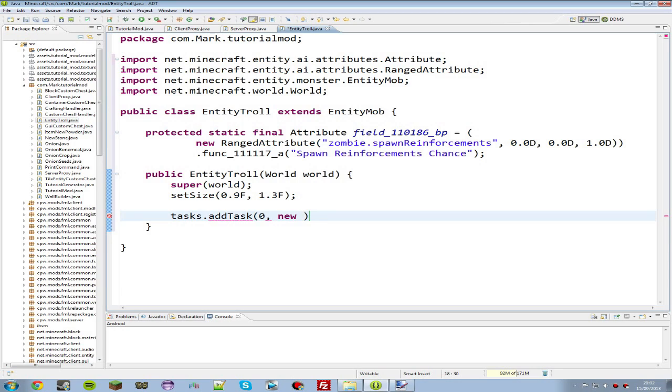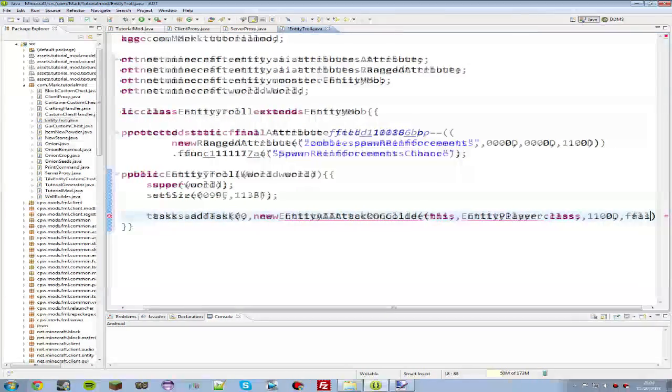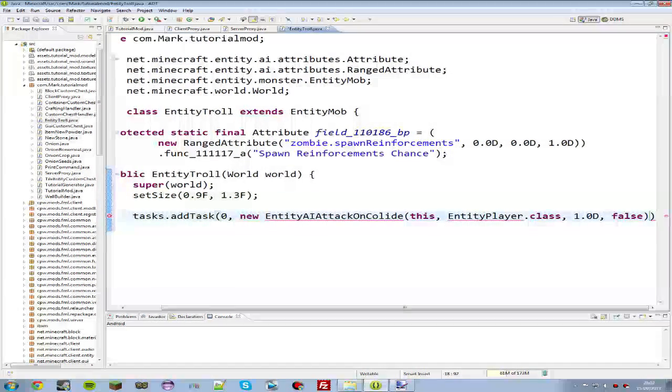Okay, so new entity AI attack on collide. That takes an entity of this kind. It then takes the entity you want it to attack, so entity player. So it will attack on collide with a player. And it takes a chance, 1.0D, so double. And false, which is the